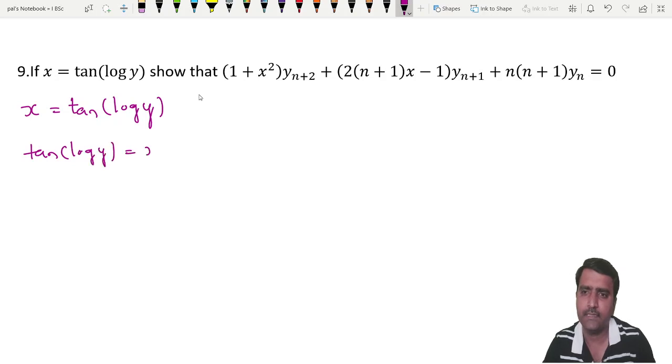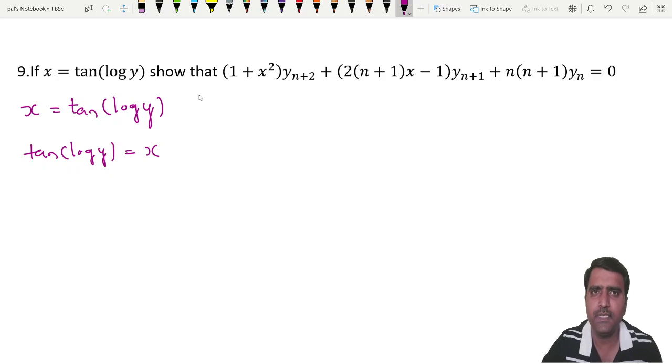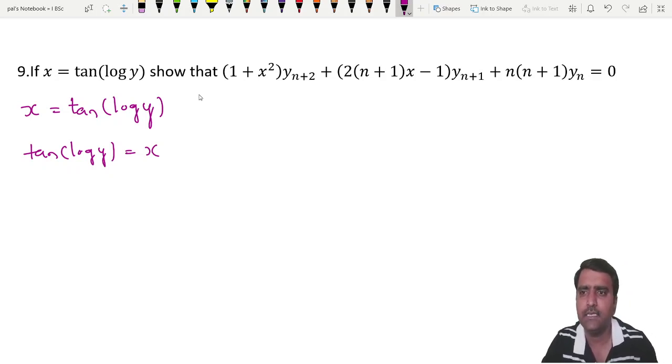So tan of log y is equal to x. If possible, shift the tan to the right hand side. So log y is equal to tan inverse of x. So then what is y? If you shift this log again, y is equal to,